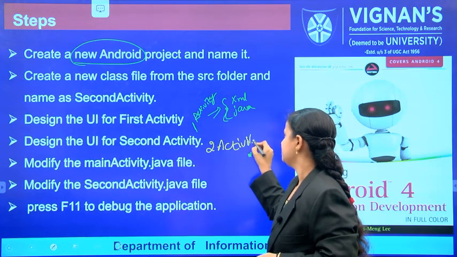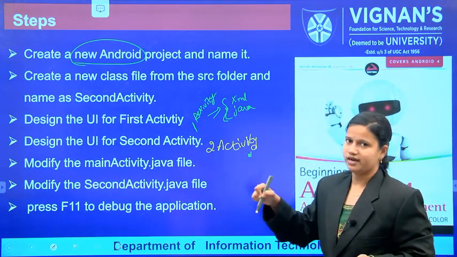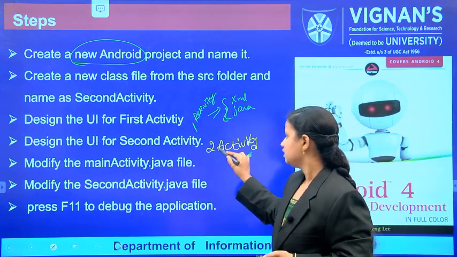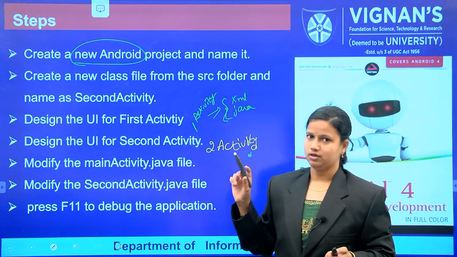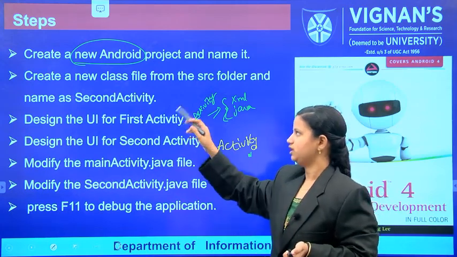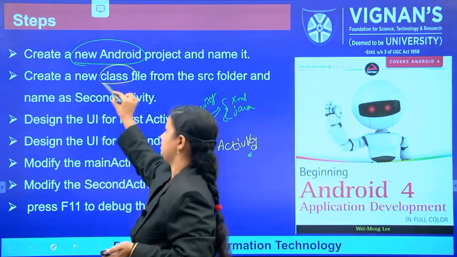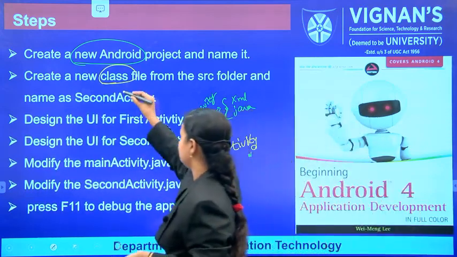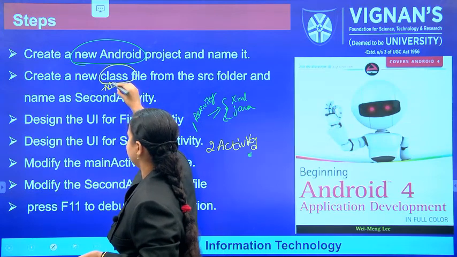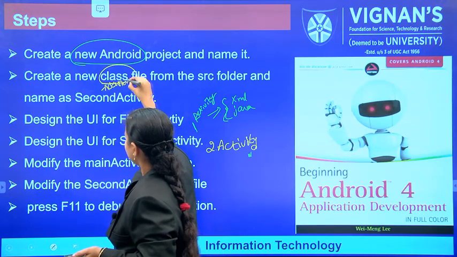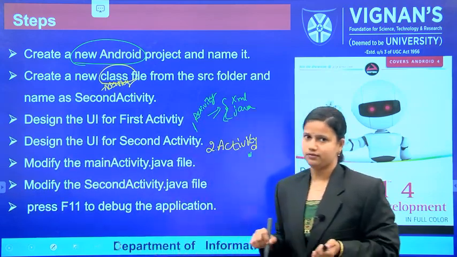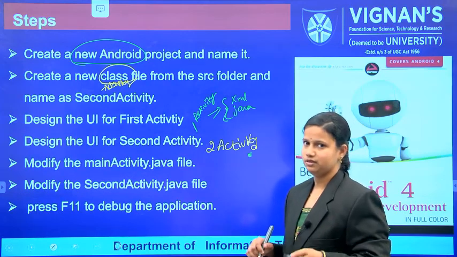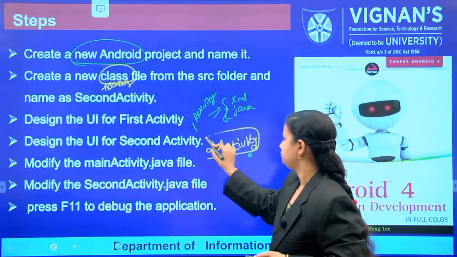I need a second activity. How is this second activity to be created? For that, we have to go to the folder named app, or application. In that, we select new class file, that means a new Java file is to be created, or otherwise, instead of a class file, you take new activity. So whenever you select a new activity within the application, it will open a new activity for that.